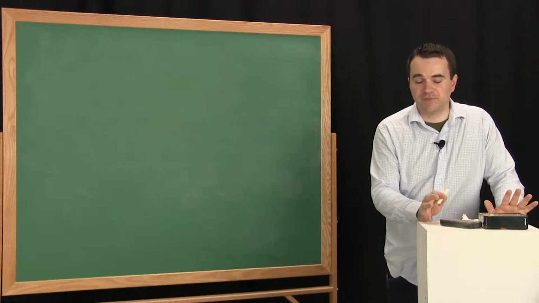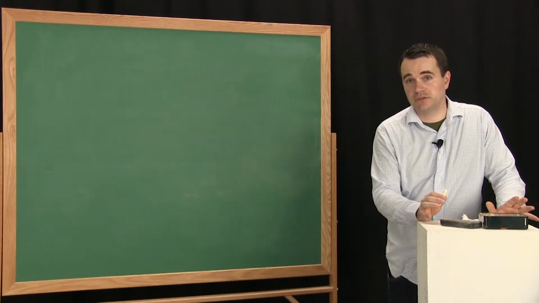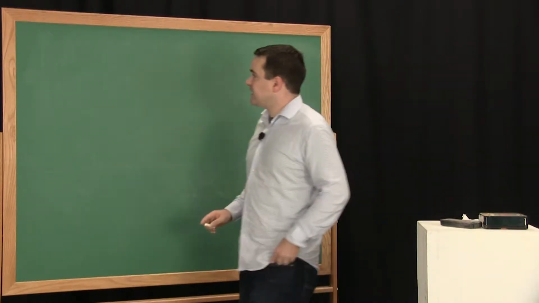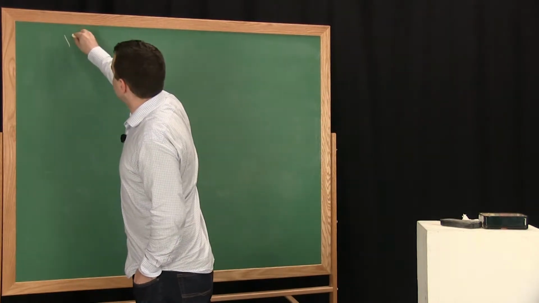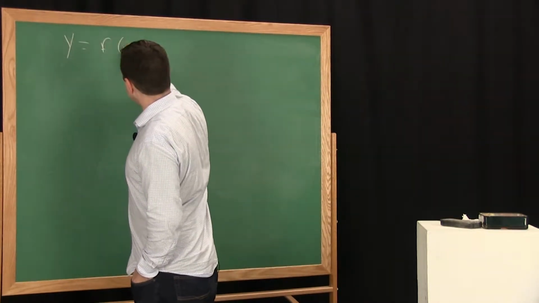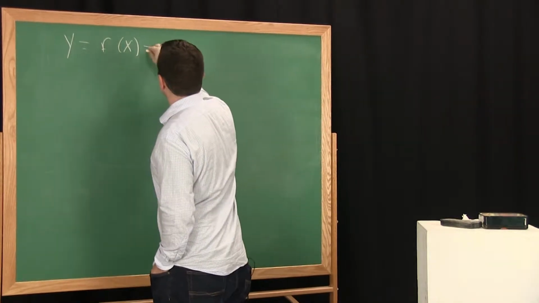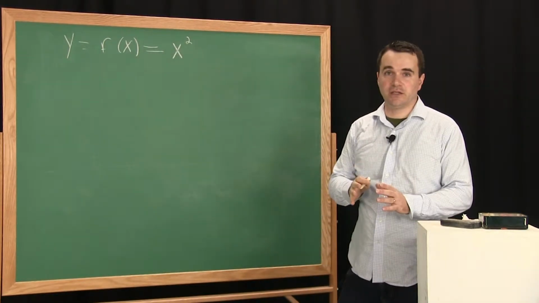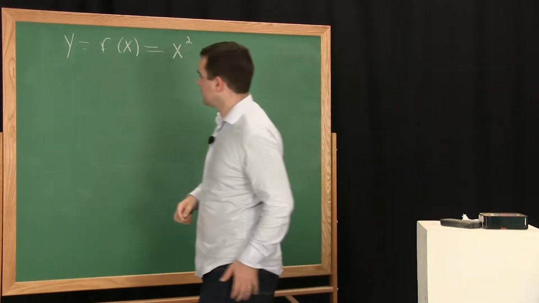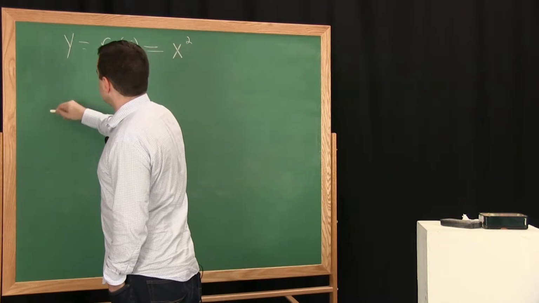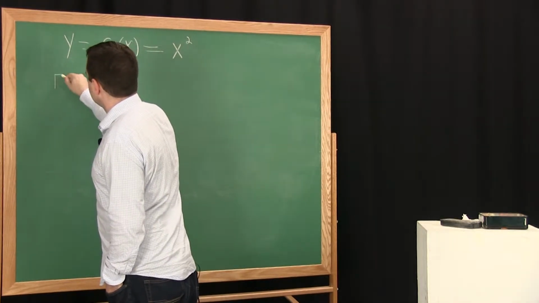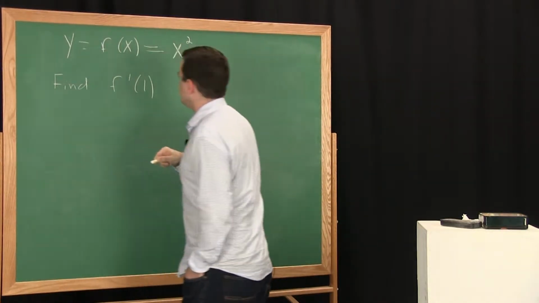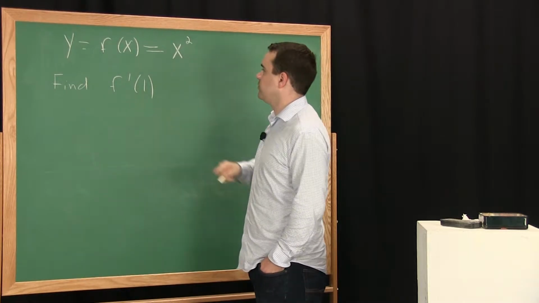I want to show you some examples of how to compute a derivative straight from the definition. One of the examples that we looked at before was the function y equals f of x equals x squared. So how do we actually find some derivatives? Let's look at the following question. Can I find the derivative of x squared at the point